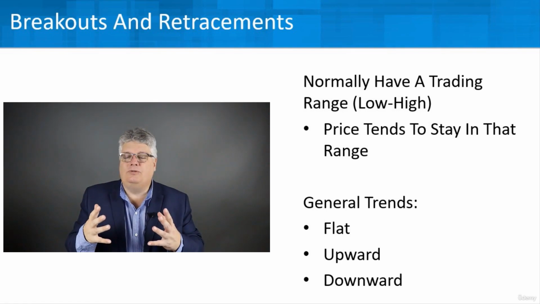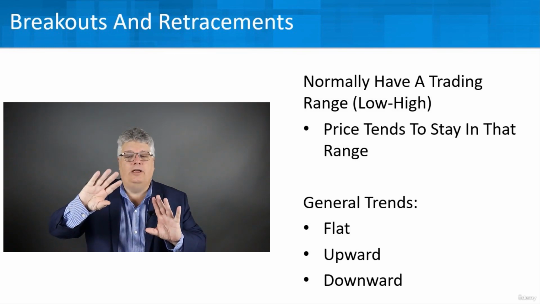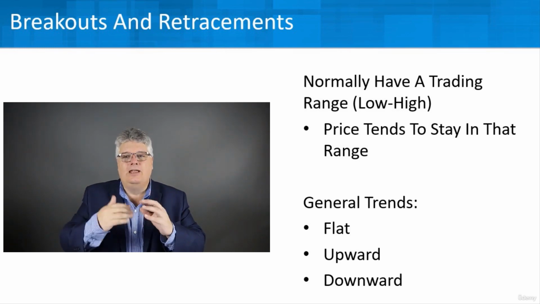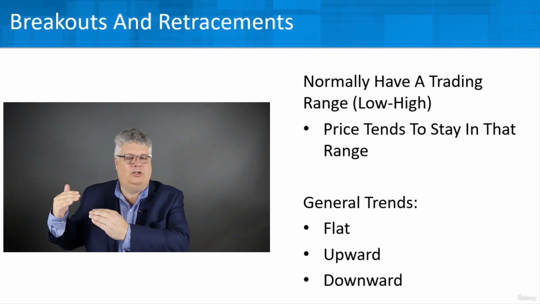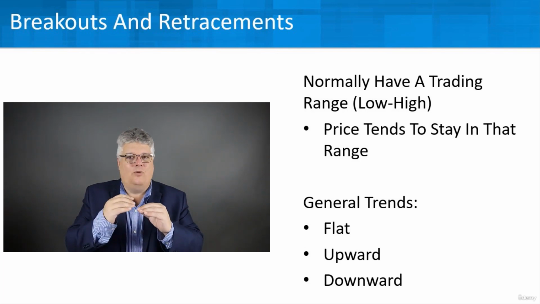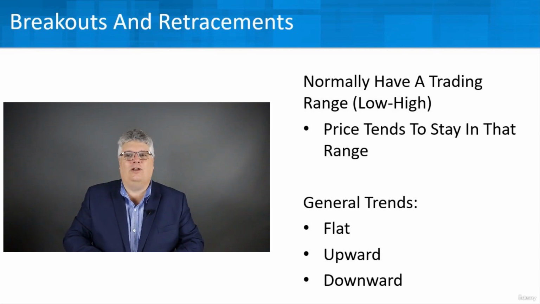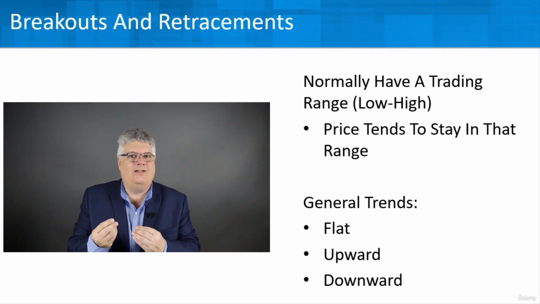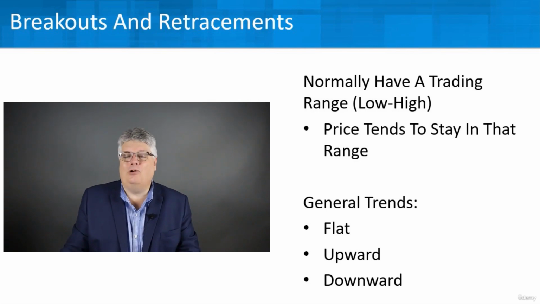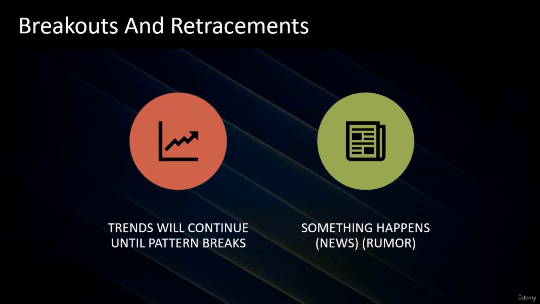And you might have some general trends within that range where it might be flat or kind of going sideways, or you might have a general uptrend, or a general downtrend within that range as securities constantly change throughout that time frame. But then things can happen where it can break those general trends and start reversing or going into a different trend. Is it truly happening, or is it more of a fake? That's very important for us as technical traders to know when to buy and when to sell.